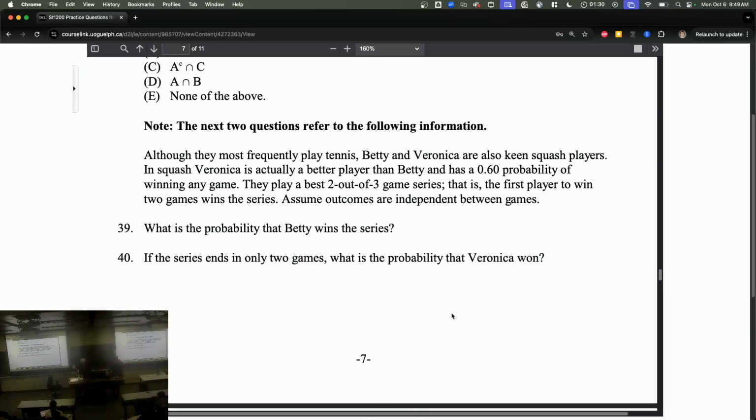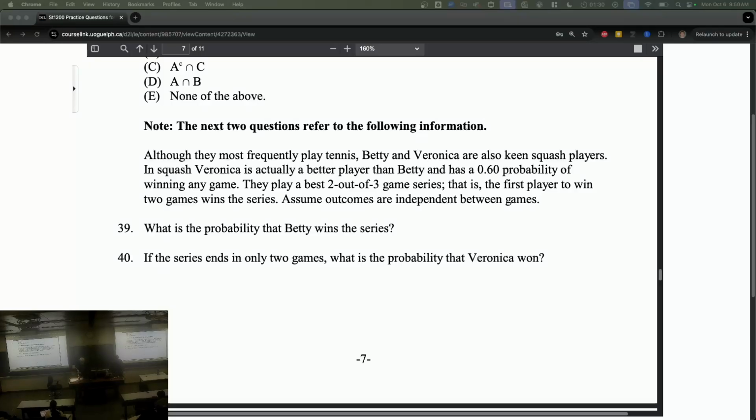The reason for doing this is that we see a lot of flawed Venn diagrams with this kind of best 2 out of 3, best 3 out of 5. Of course, the Blue Jays are playing the Yankees right now in a best 3 out of 5 series, of which the Blue Jays have absolutely destroyed the Yankees for the first 2 games. If it's best 3 out of 5, the first team to win 3 games wins the series. So when we think about that, if we were doing a probability tree for a best 3 out of 5 series,